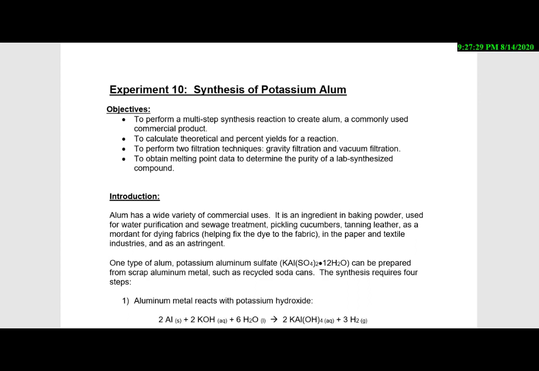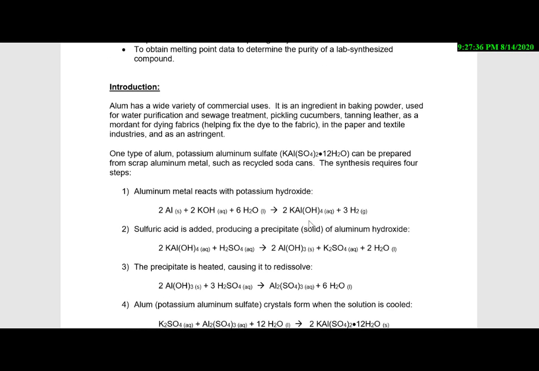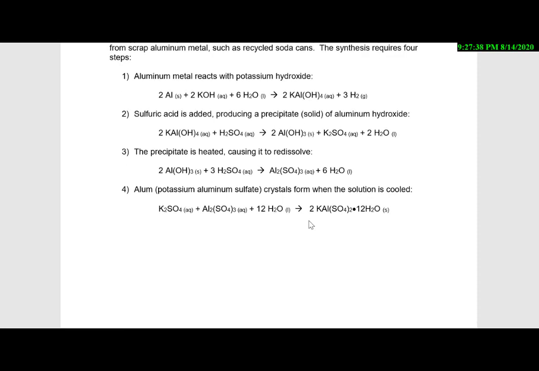Here's an introduction to experiment 10, the synthesis of potassium alum. What we're doing here is making a solid product that's known as an alum. It's down here, this solid product. It's always made up of a monovalent, so a +1 cation, a trivalent cation, which is a +3, and then it has to have a sulfate also. And once again, like we've seen before, this .12 waters means that there are 12 waters absorbed into this crystal